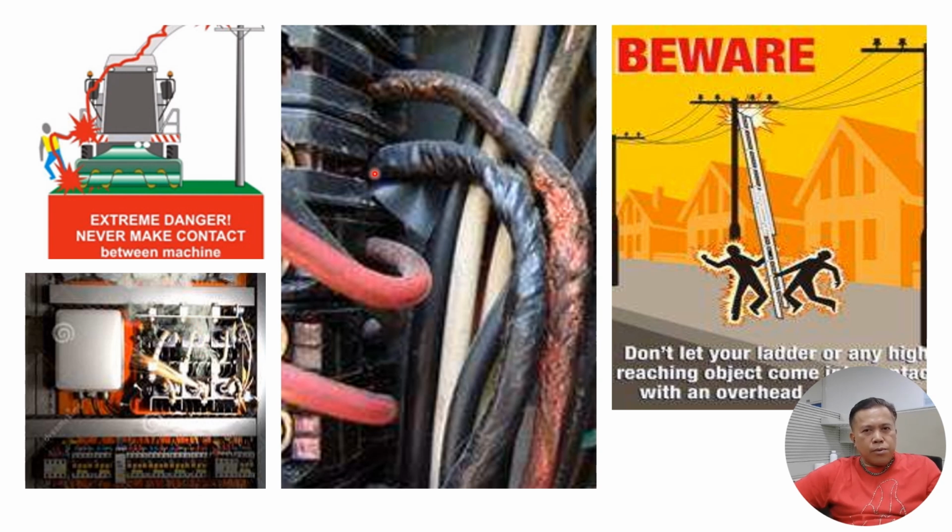So here is another photo where we can identify a hazard. You can see this is our cable. The outer sheet is already damaged. You can see the conductor as well. You can see this is extreme danger. This is the street light post, and this is our personnel. And you can see here, this is also part of the electrocution.